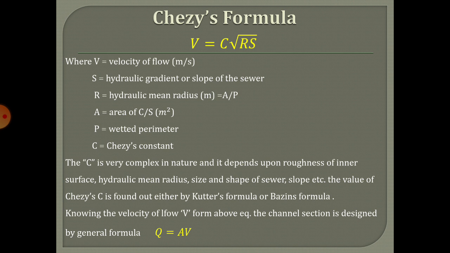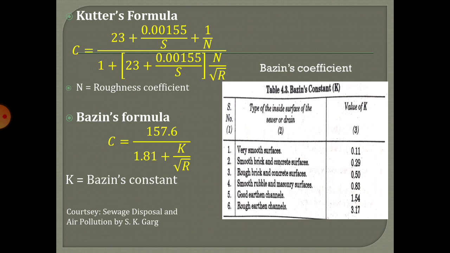Knowing the velocity of the flow from the above equation, the channel section is designed by the general formula, that is Q is equal to A into V. The Chezy's C is calculated by two formulas, that is Kutter's formula and Bazin's formula. The formula is given here, where N denotes the roughness coefficient, and in Bazin's formula K